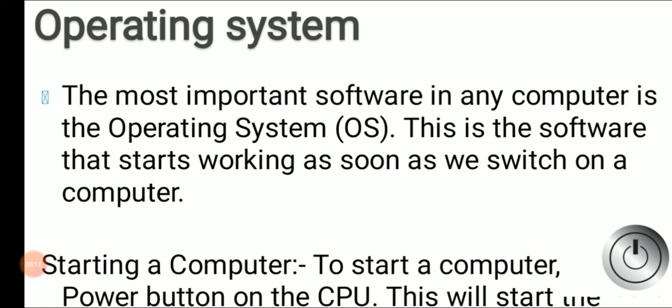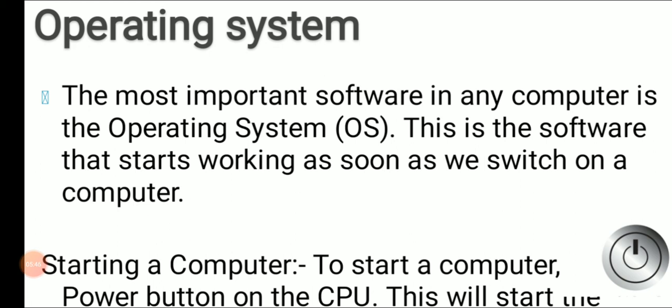No. It means the operating system is a software that acts as an interface, a link, between user and hardware, or we can say it is the software that starts working as soon as we switch on a computer. When we start or reboot our phone, that time the operating system is being loaded.